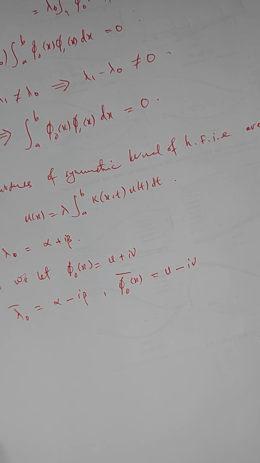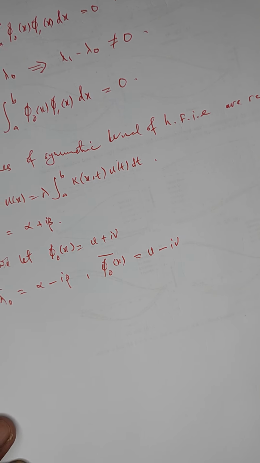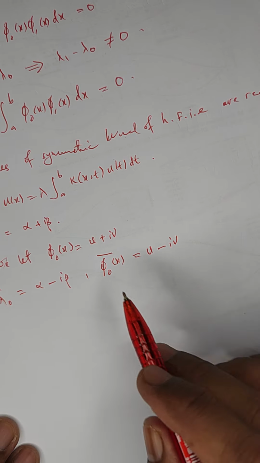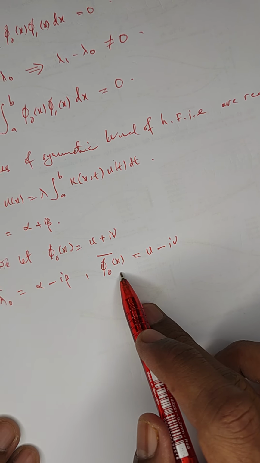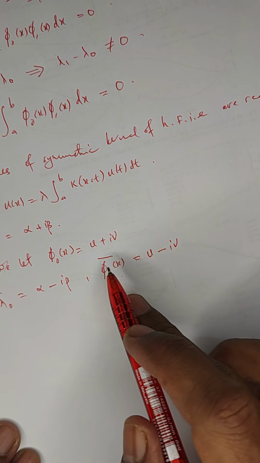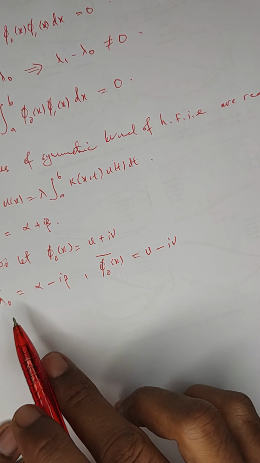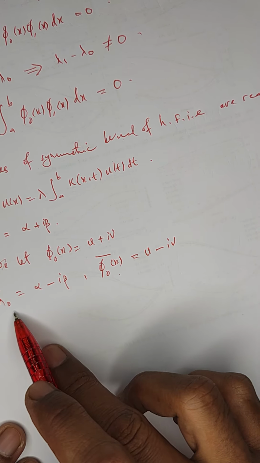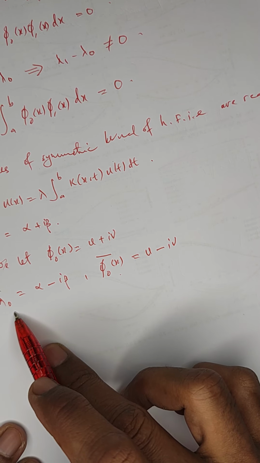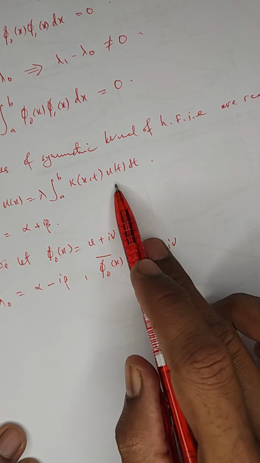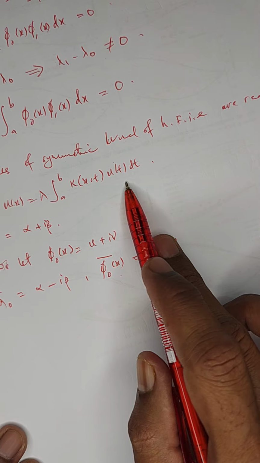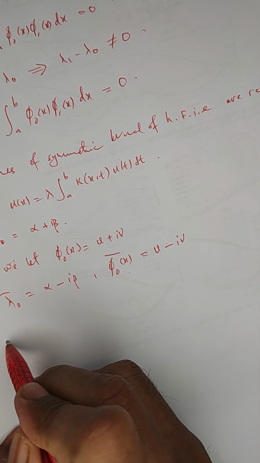Now since phi naught and phi naught conjugate are the eigenfunctions corresponding to lambda naught and lambda naught bar, they must satisfy the homogeneous Fredholm integral equation. Thus we have